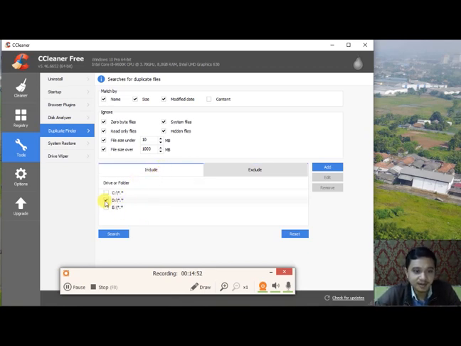And in the include, I checked drive D, so we can start searching by clicking search.